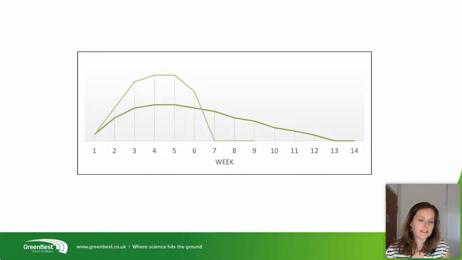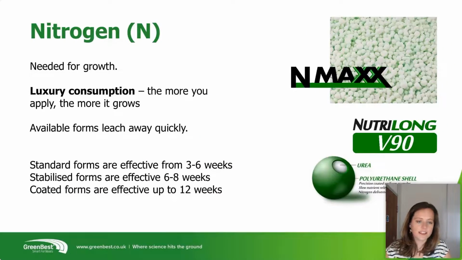So what we tend to do when we're formulating fertilisers is actually use a combination of controlled release and standard release. So you do get this nice pattern of, oh, that's impressive, what you've applied to my lawn looks really good, and then it trails off, and by the time you come back to do another treatment, the fertiliser's worn away, and then you'll get that lovely growth again from the next treatment. So the bottom curve there, that's slightly lengthened out one, is from the Nutrilon V90 that we have in the bottom right hand corner there. That is our coated nitrogen granule coated in a polyurethane shell,